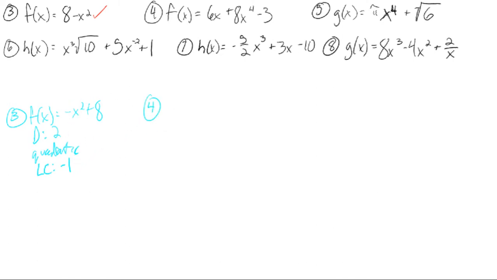Okay, so number 4 is a polynomial. We got x to the 4th, we got x to the 1st, we got a constant here, we have real coefficients, so all of this makes a polynomial. Alright, and we'll write it in standard form. Writing the highest power first, so that's x to the 4th, then 6x, that's the next highest power for x, minus 3. What's the degree? Well, we already determined that by writing it in standard form. The one we put out in front that had the biggest power makes the degree, it's degree 4. That's called a quartic,